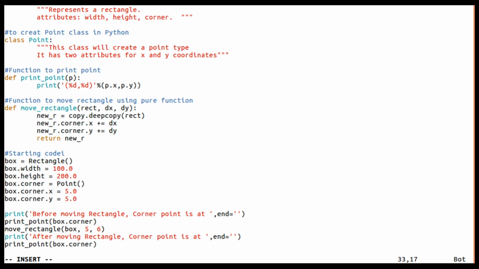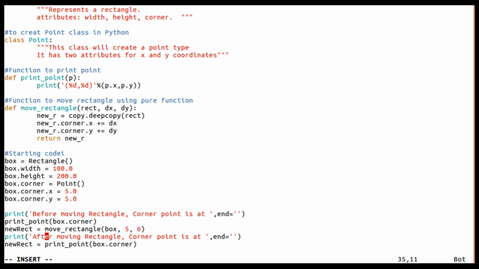Now here, before moving the rectangle, it is going to print the corner point, and later after moving the rectangle, it is going to return an object. So this object I'll write as new rect.